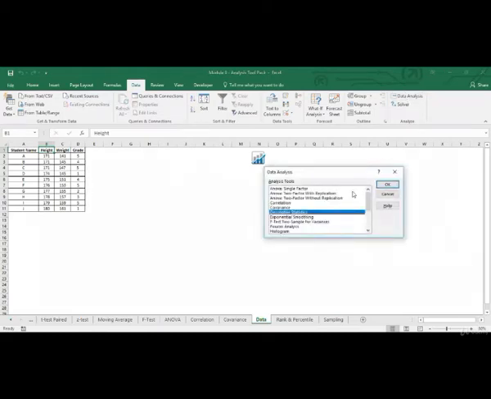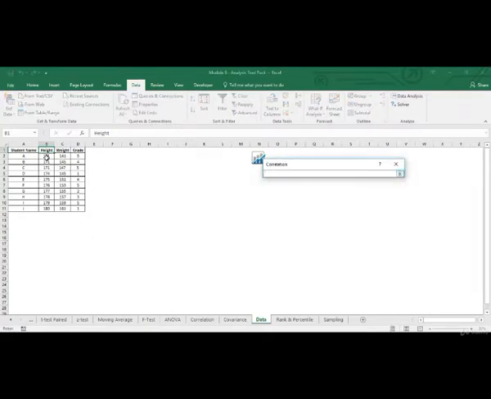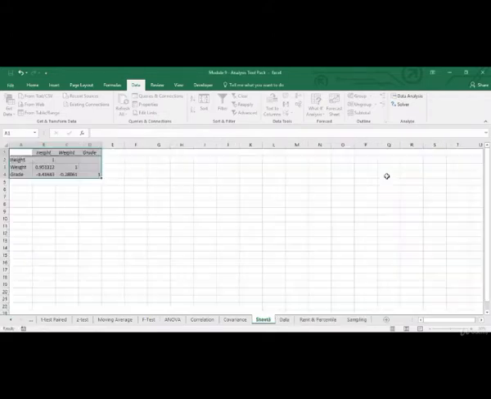Data analysis. I'll go to correlation, click on OK. For the input range, because I want to have the correlation between height and weight, height and grade, weight and grade, I'll just select all of them together. Labels in first row. Let's give the output in a new worksheet. Click on OK.